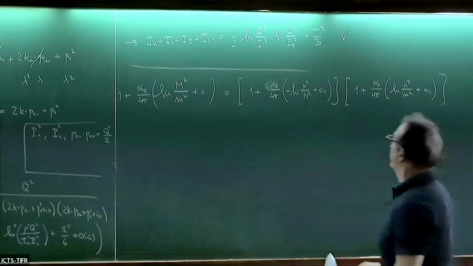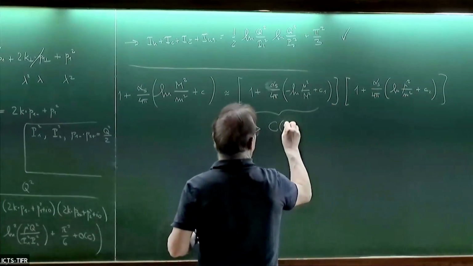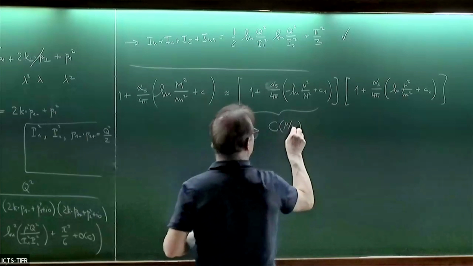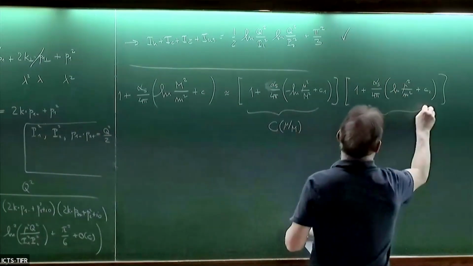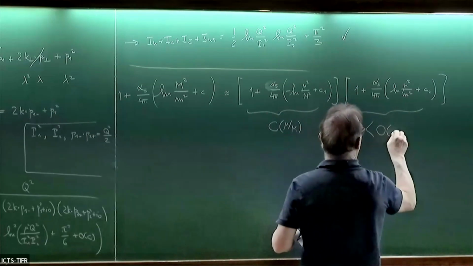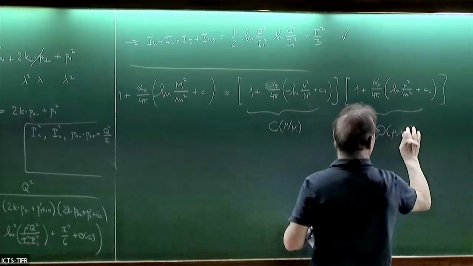And now we would say, this is a Wilson coefficient in the effective theory, which depends on the hard scale of the problem. And this is somehow the matrix element of an operator in the effective theory, which depends on the small masses